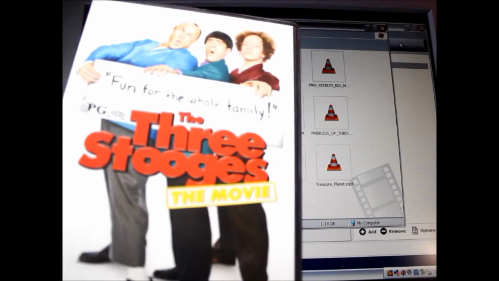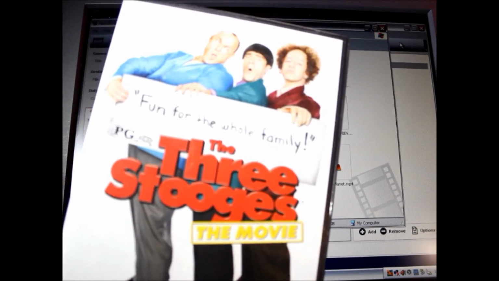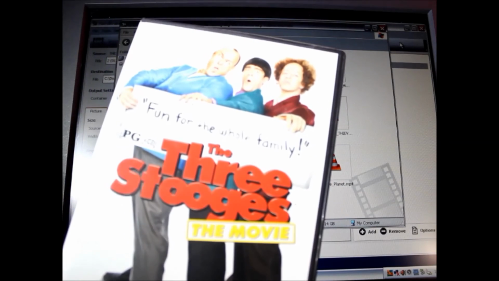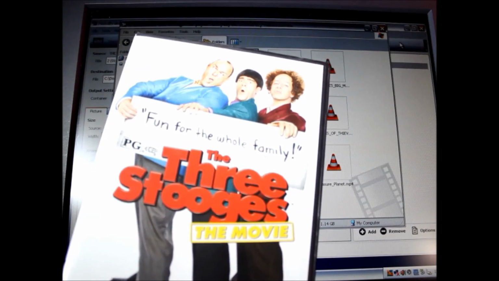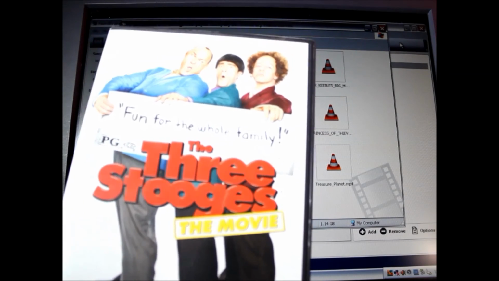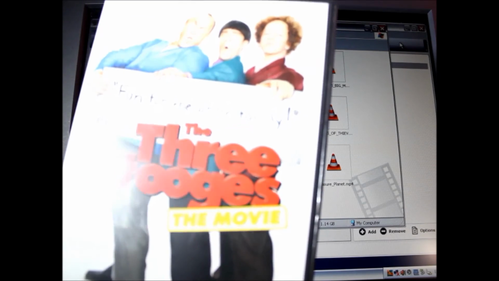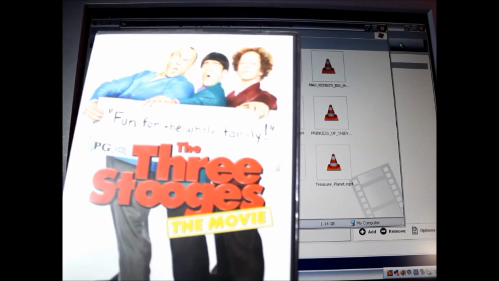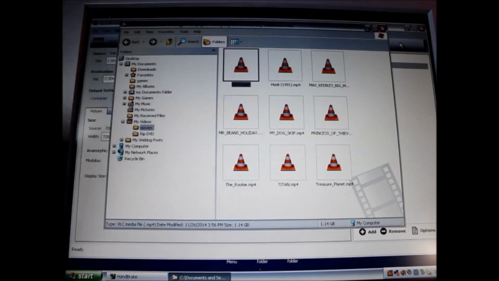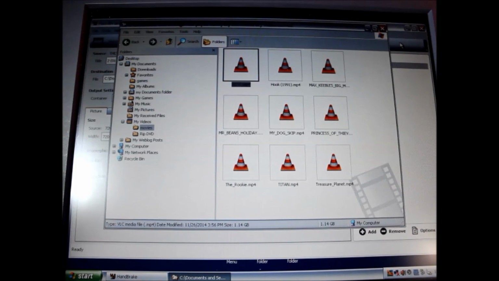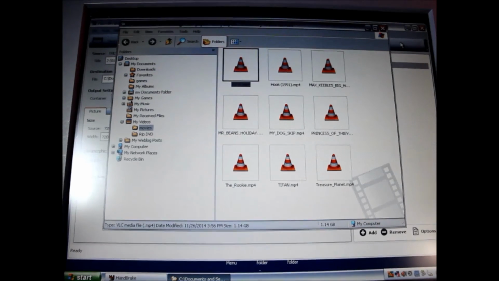Like you saw on the DVD, there was a copy protection, so be very careful. You can easily get fined if you're not careful. For your own personal use, it's not bad. Most of the time, if you use it for your personal use, to take it on a